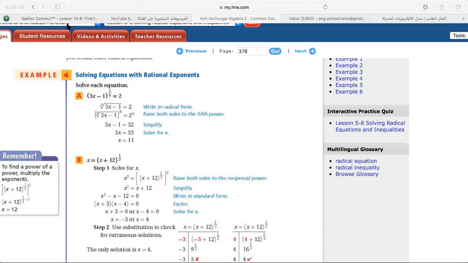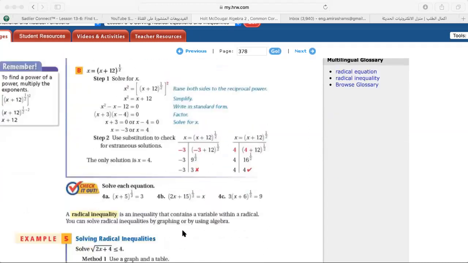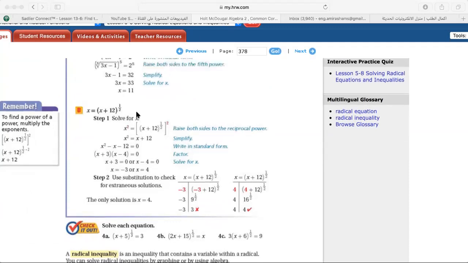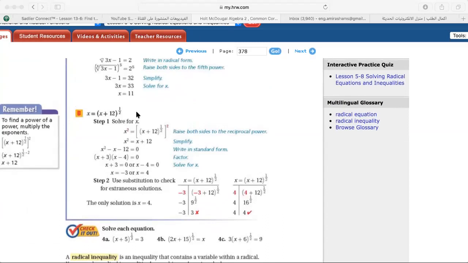Okay, another example here. x is equal to (x plus 12) to the power of half. Solve for x. Okay, what I'm going to do here, raise both sides to the reciprocal power. What I'm going to do, I'm going to